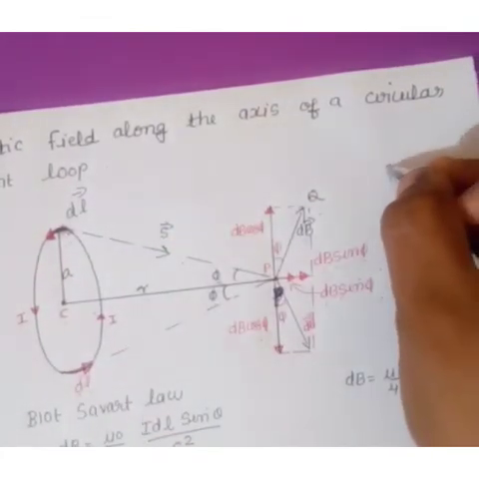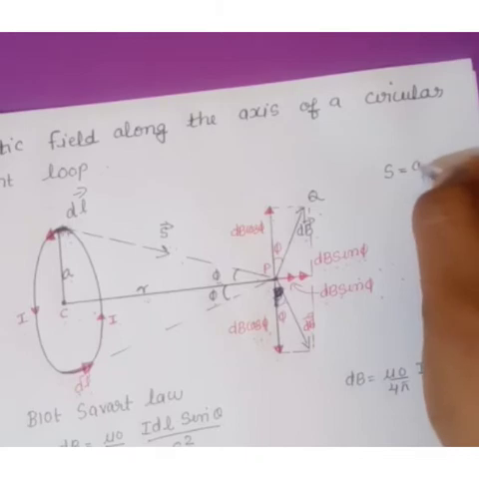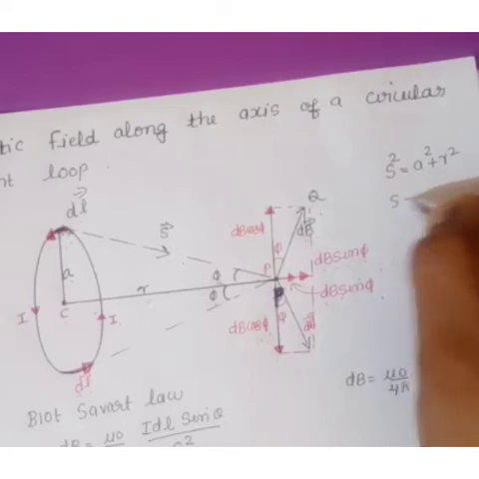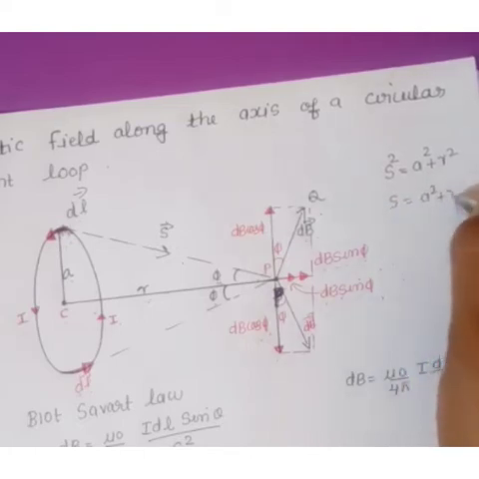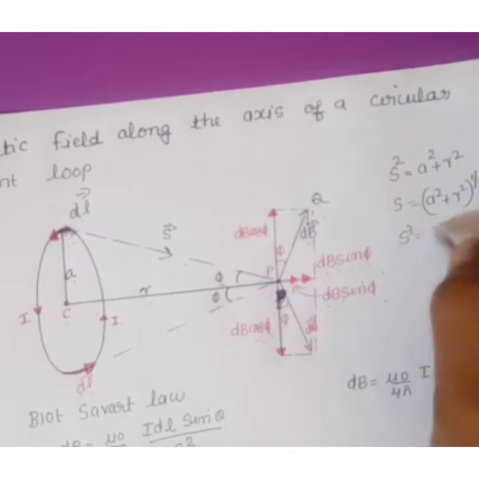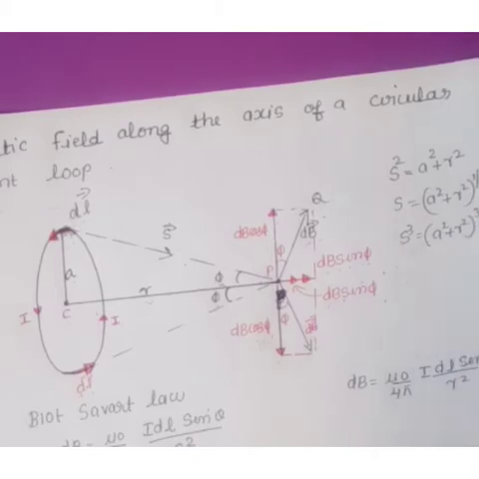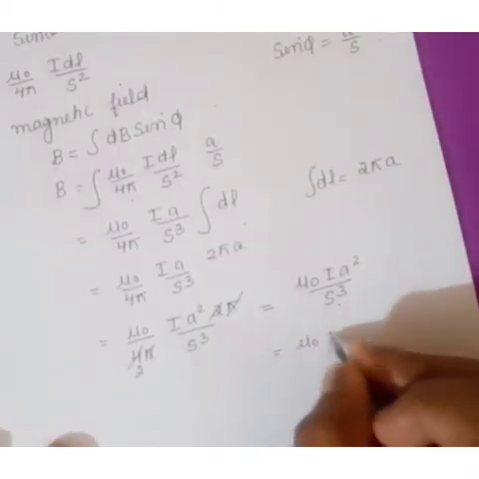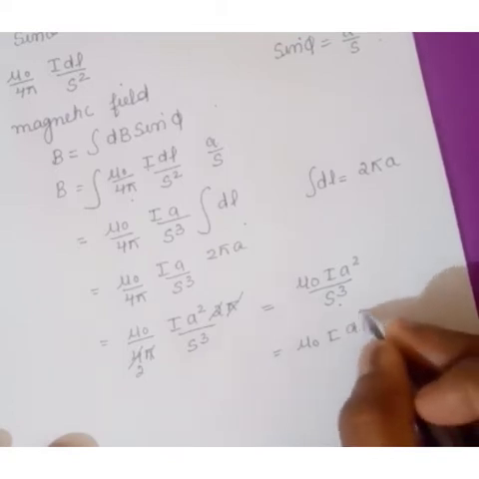So what is s? s squared is equal to what? a square plus r square. So s is equal to a square plus r square raised to 1 by 2. So what is s cube? s cube is equal to a square plus r square raised to 3 by 2. Okay, so substitute this value here, which is equal to mu 0 I a square divided by